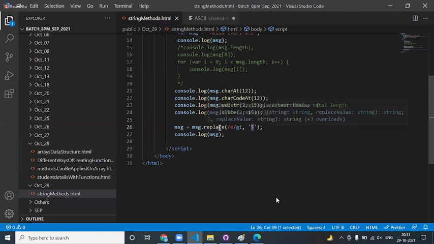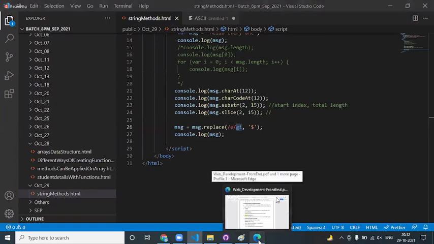What we said is, under the message string, you have to find the E character and replace it with the dollar. Along with this, I give something called GI. What do you mean by GI? G indicates globally. If you don't give G, it will replace the first occurrence and then stop. But if you want to replace all the occurrences, then you need to put the G here. And I indicates that when you're finding the content, you have to ignore the case. Don't bother about the case, uppercase or lowercase. Am I clear, Pravita? Yes, sir.